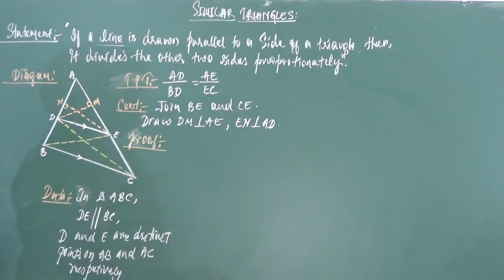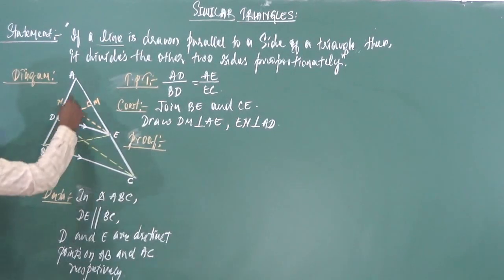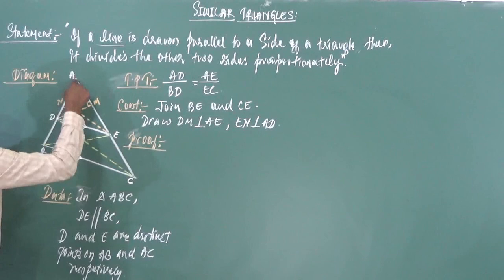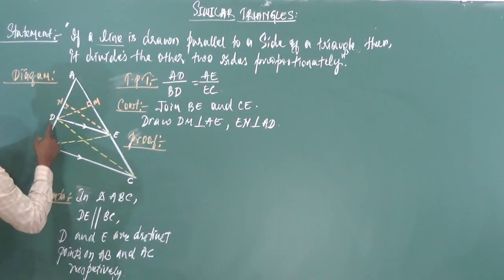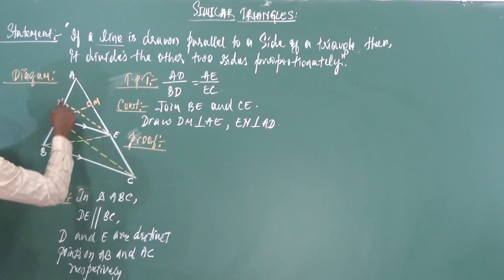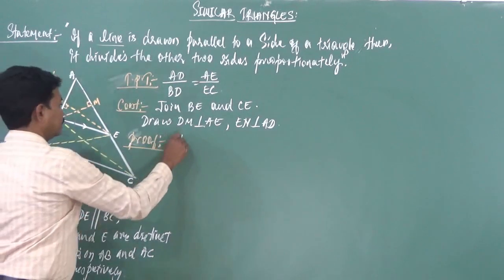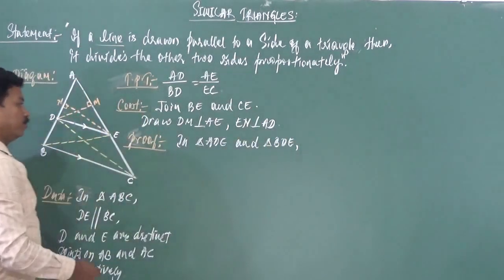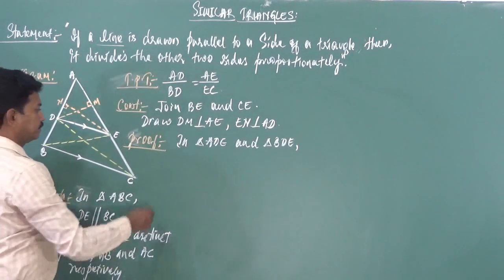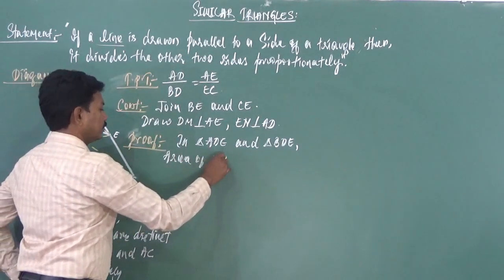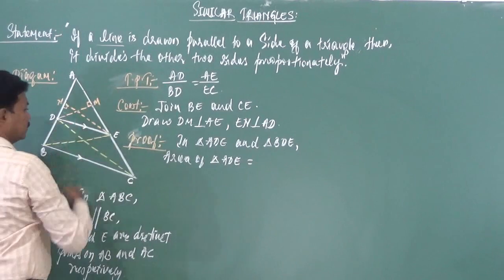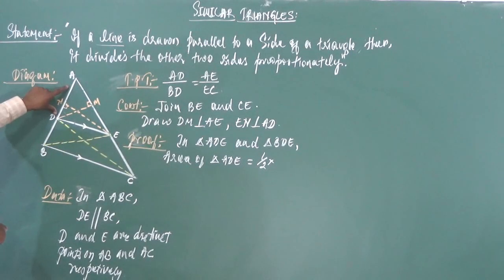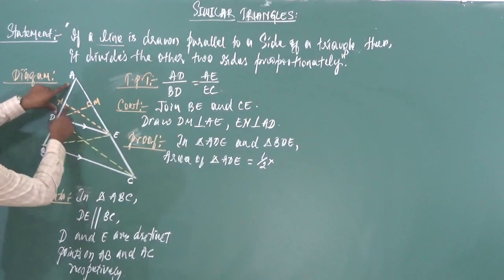Okay, so we'll select two triangles. Be very careful in selecting the two triangles here. So take triangle ADE and triangle BDE. In both the triangles, we will take the area. Area of triangle ADE is equal to half into base, we will take AD as the base, and EN is the height,